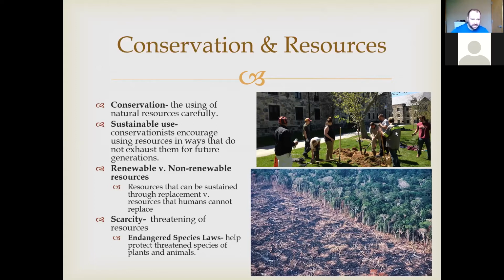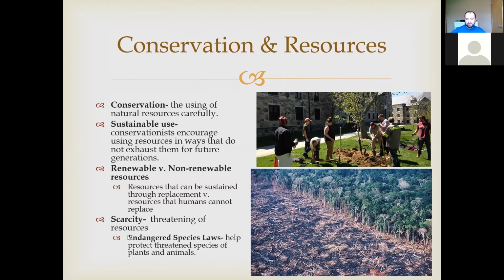A couple other things when we talk about the idea of scarcity. Scarcity is the threatening of resources, or the shortage of resources, right? If there is a scarcity of something, that means there is very little of it, and maybe to the point of there being none anymore. And then kind of under here, these are kind of randomly thrown together terms, but just all lumped off of the same lesson from the book.